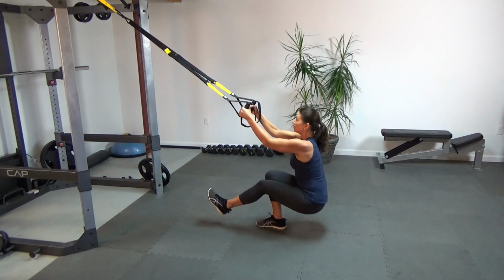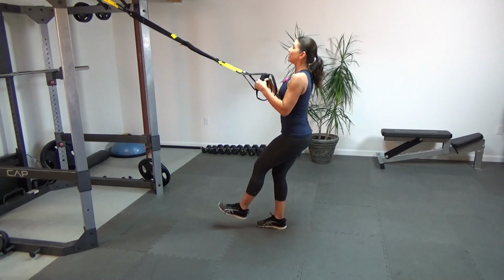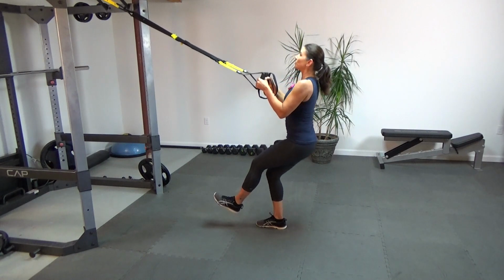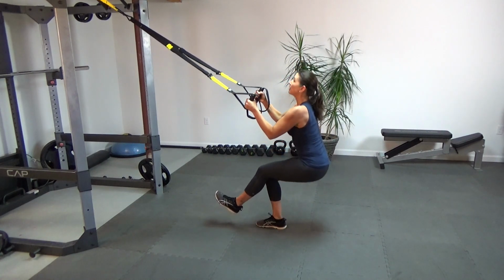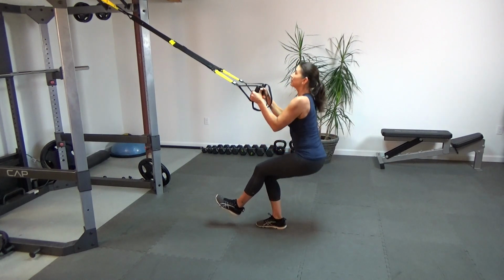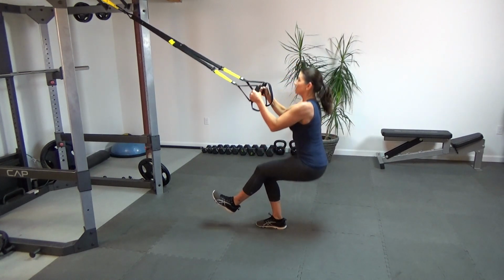Down, down, up, up, down, down, up, up. 2 more, down, down, up, up, down, down, up. And faster. 1,